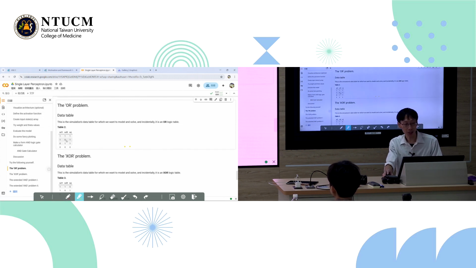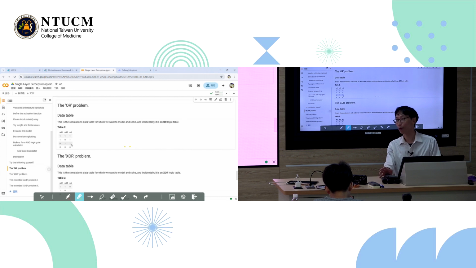And the OR problem is different from the AND problem by just one very simple thing. Instead of the requirement that the output is 1 only when both inputs are 1, the requirement is now that the output is 1 as long as one of the inputs is 1. All right? I leave it to you to translate what that means in real life situations. This is not a philosophy class, but I'm sure you can find them. In life, it's not always an AND problem.